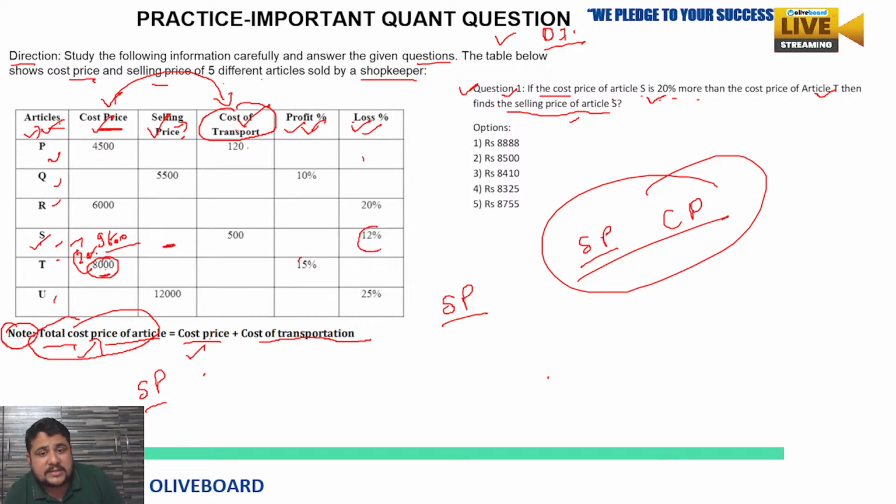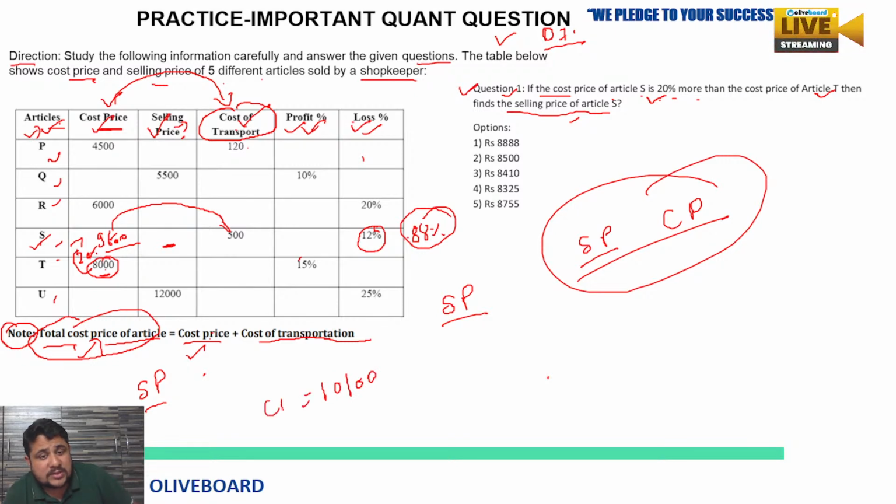So here loss is given, means 12% loss. 12% loss means the shopkeeper has sold the product at less than the total cost price, and total cost price is what? 9,600 plus 500, means cost price plus cost of transportation. So it is going to be